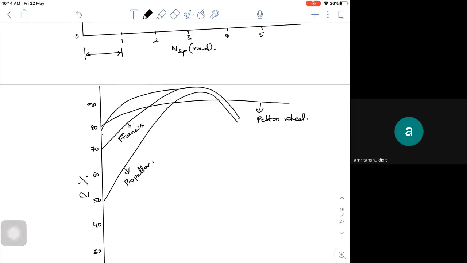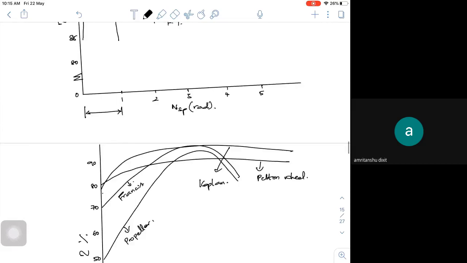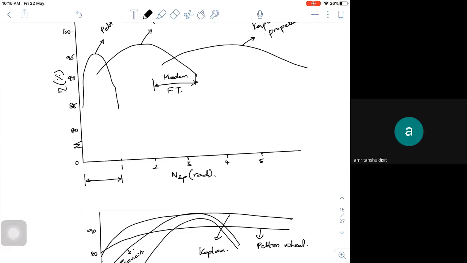These are experimental values for your Kaplan turbine. These are all the performance curves. One thing I had told in Unit 1 when I was deriving with respect to specific speed: specific speed is a non-dimensional number. We derived it because we want to eliminate the diameter, so you get a non-dimensional number which is irrespective of the diameter of that particular turbine or pump or whatever it may be.